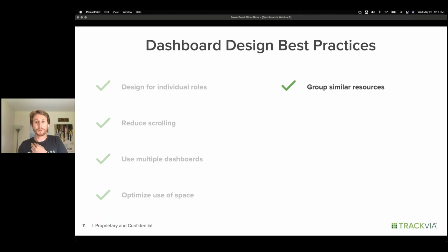Another thing that you can do is group similar resources together. And really this helps the user make logical connections in the data that they're looking at, right? So perhaps you have a couple of views on your dashboard that pertain to, going back to the order management example, customers. And you have a couple of views that pertain to products that you sell. Maybe you group those things together